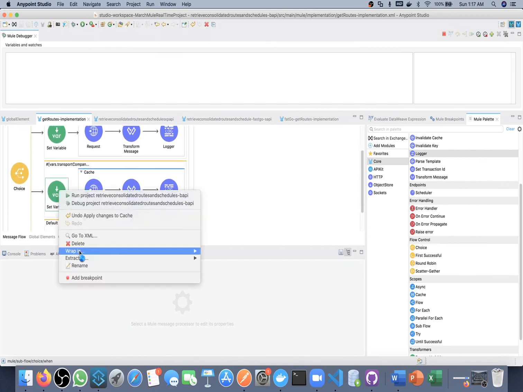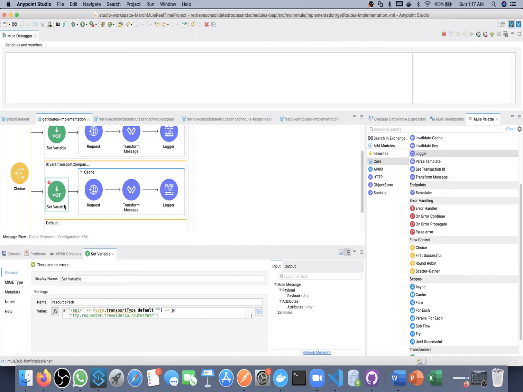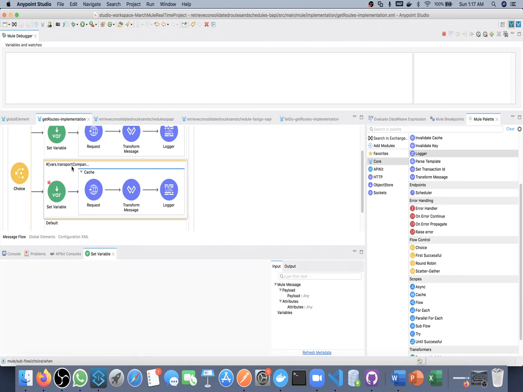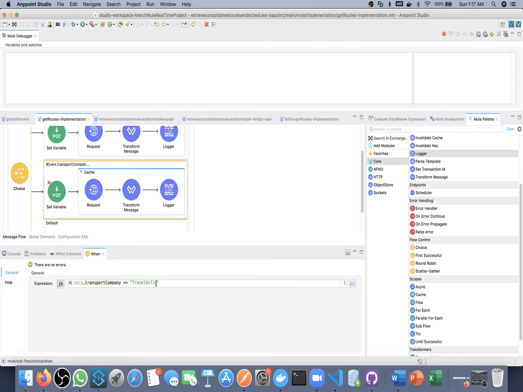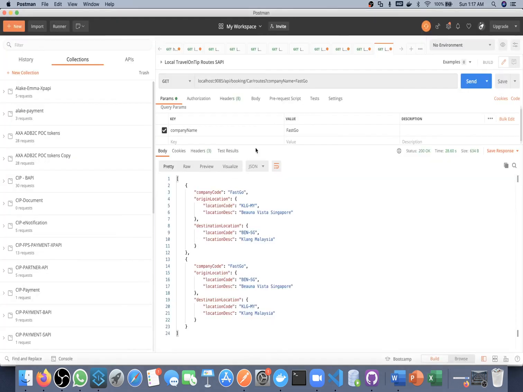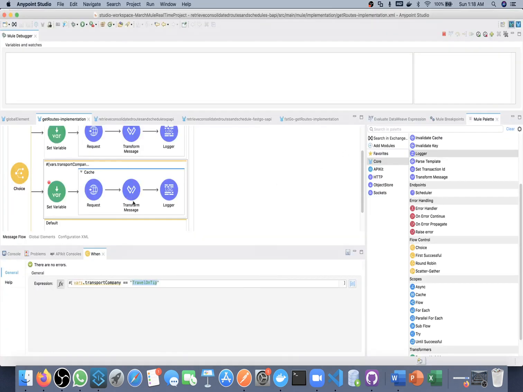I will add one breakpoint to see whether we are going in this flow or not. So transport company we need to pass this time. Transport company will be travel on tip. This time for car only, since in the key expression we are changing this. So this time again it will call this external API and we'll get a response, we'll do mapping and then